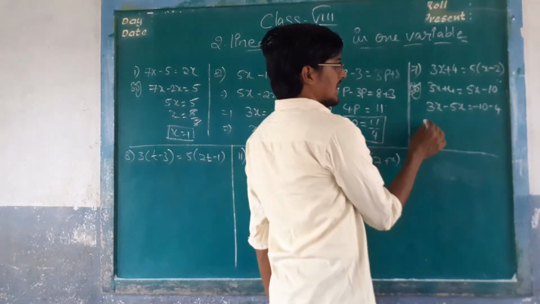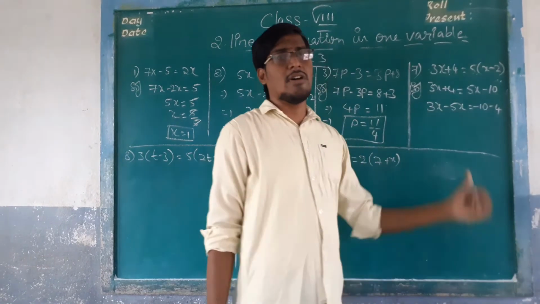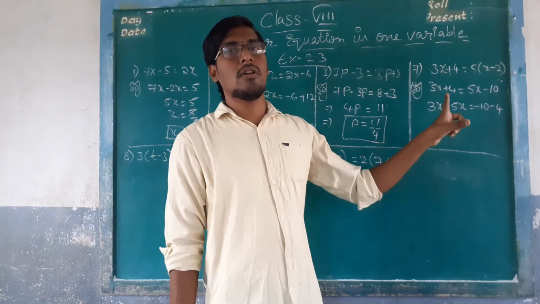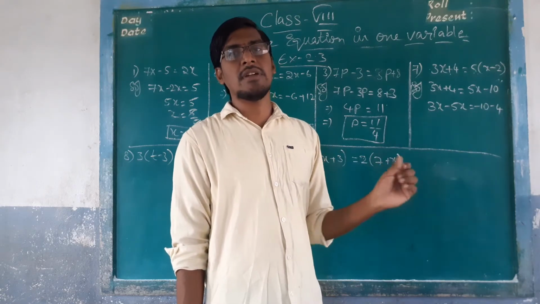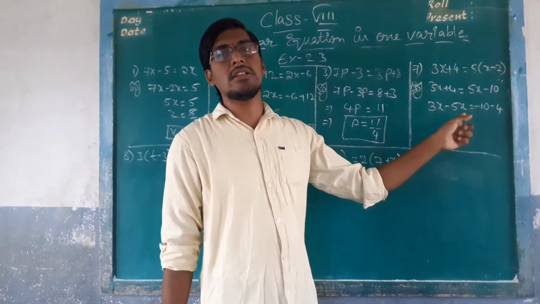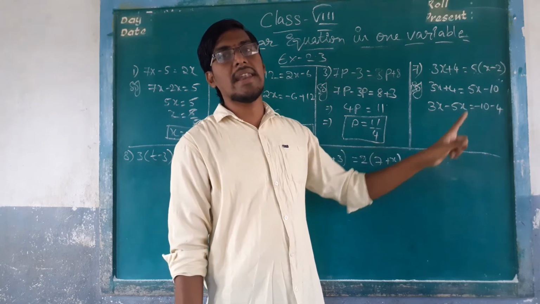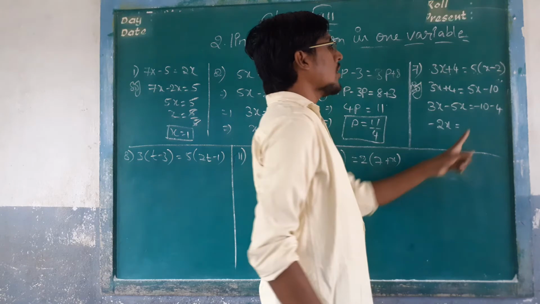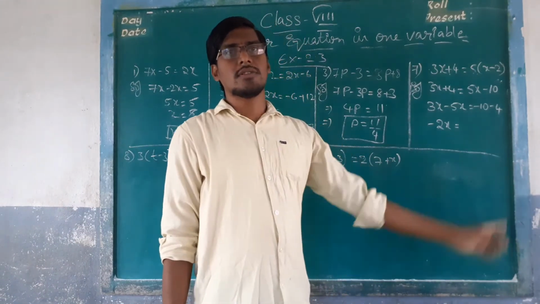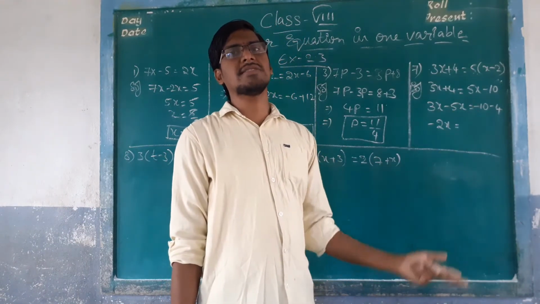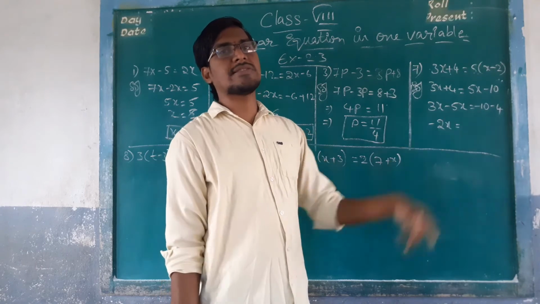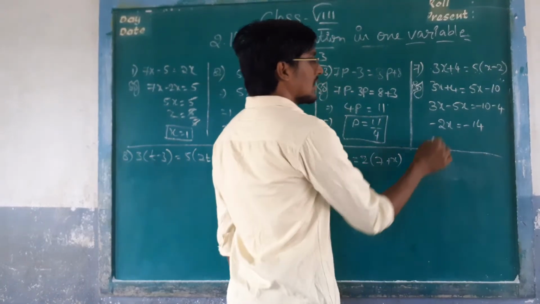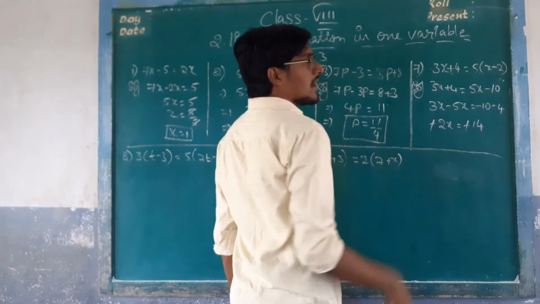Okay, let us see here, 3x minus 5x, one plus and one minus means it will be a subtraction. 5 minus 3, what is the value of 5 minus 3? It is 2. So the highest value has the sign minus, so it will become minus 2x equals minus 10 minus 4. There are two minus values, and minus means we have to add. 10 plus 4 is 14, and the highest value is minus, so minus 2x equals minus 14. So cancel minus and minus here.